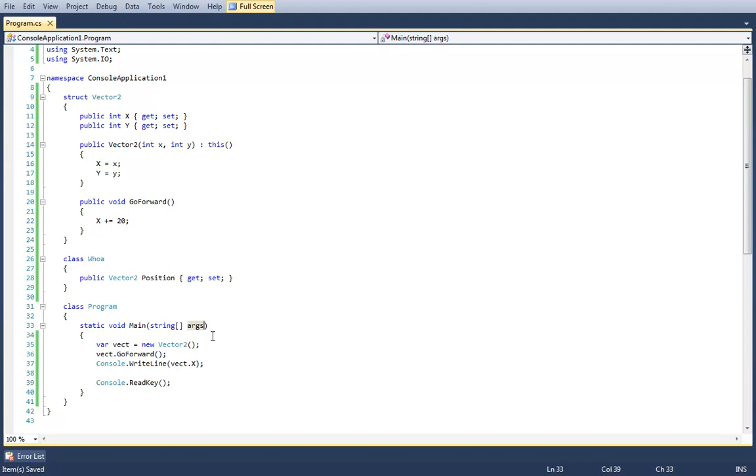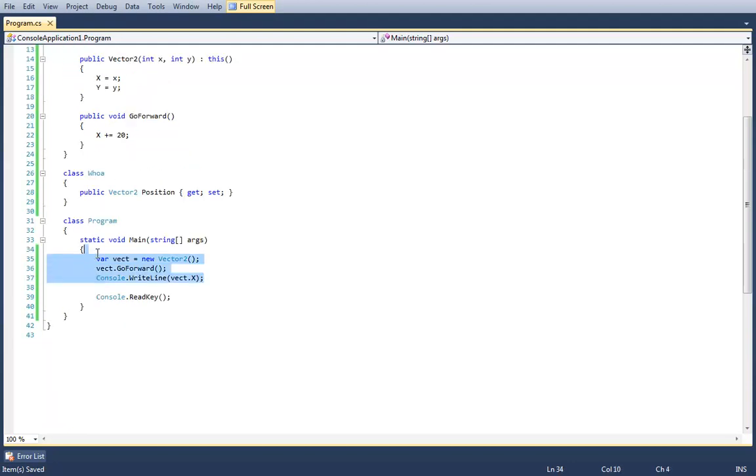This is why you should never write a mutable struct. Ever. No mutable structs ever. Never.